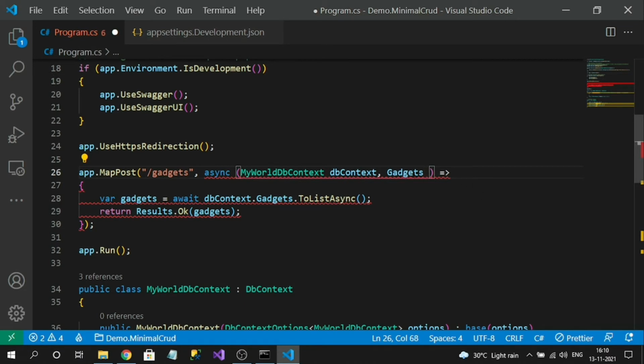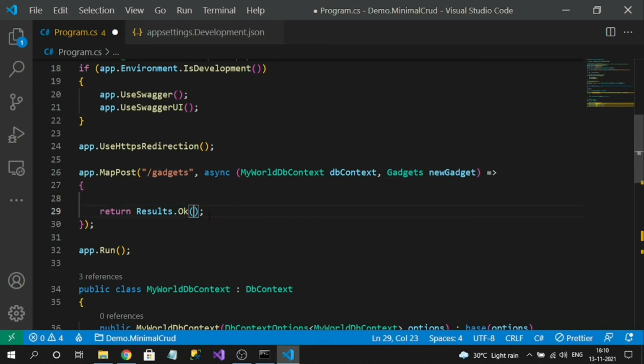This is my data that will be posted from the user, from the form body: new gadget. I need to remove this logic. I will simply return Ok if it is successful.